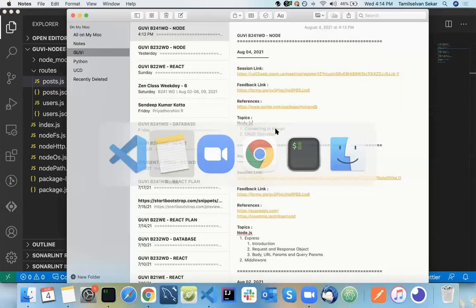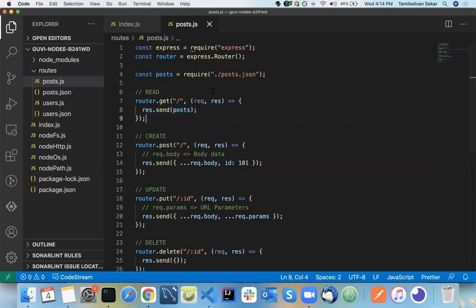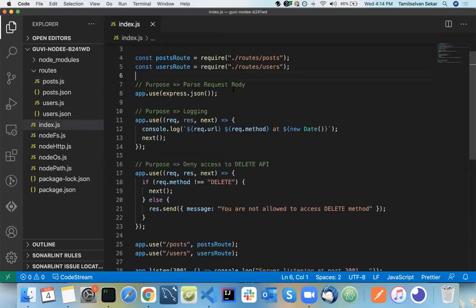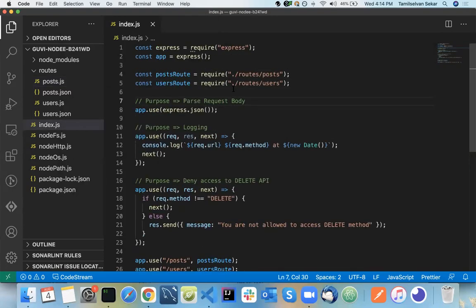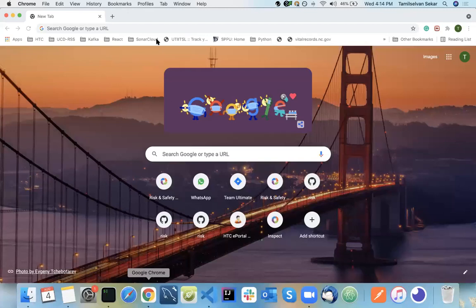So, connecting to Mongo. In order to start with that, we need to connect with MongoDB. There is a package called MongoDB. If we go to npm,